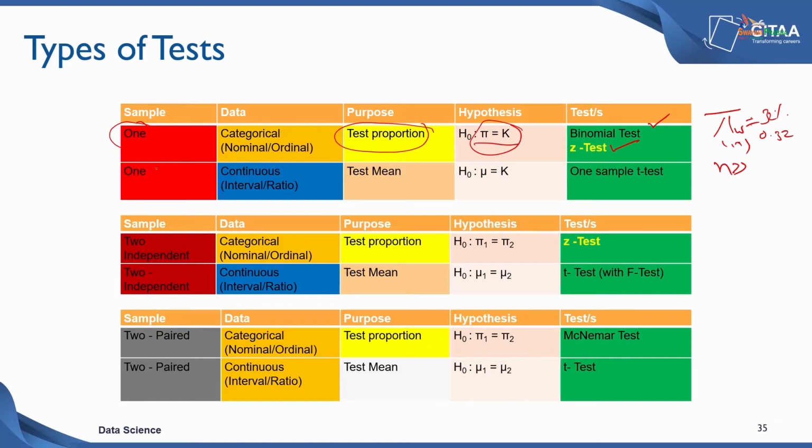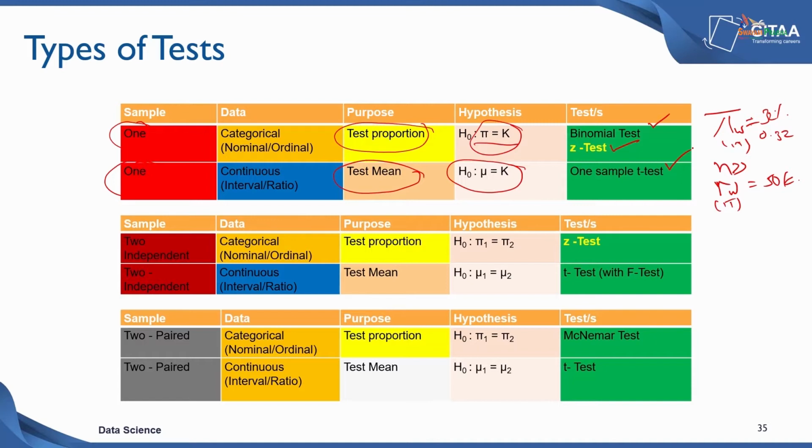In case of a one sample test where the parameter that you want to test is a mean, which is an average, and it's a continuous variable, the hypothesis is mu is equal to k. Say somebody says that the average salary of women in the IT industry is 50,000 rupees per month. So you are checking whether the average salary of women in the IT industry is equal to 50k. It's again mu is equal to a particular value, and you would conduct a one sample t-test.